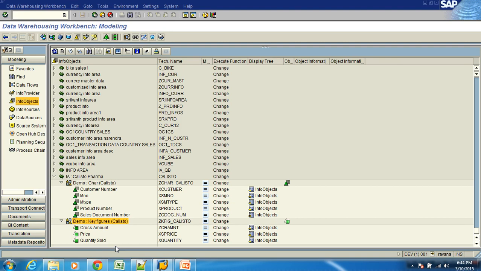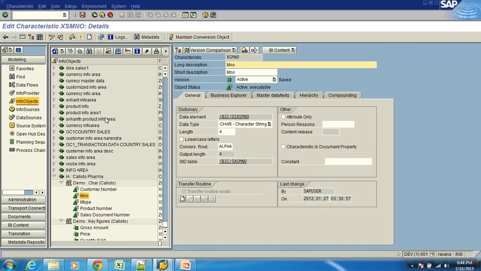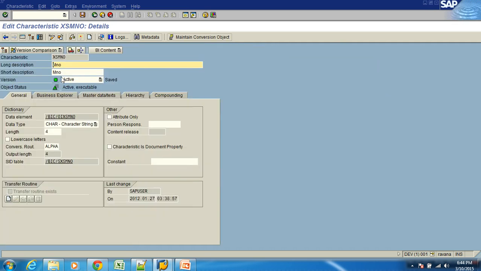Now what I am trying to do is configure price, metal type and unit as attributes of metal number. So I will go to the metal number object, the physical version of the metal number object. Metal number is a characteristic, right? For metal number, I want an attribute table. Can metal number have an attribute table? Yes. Now I would like to build the attribute table of metal number.